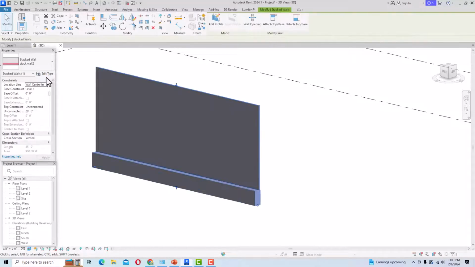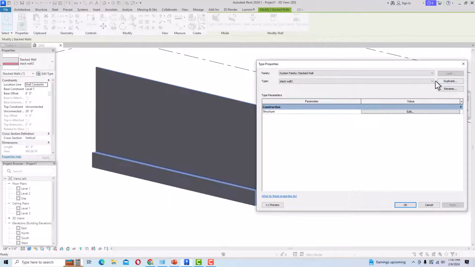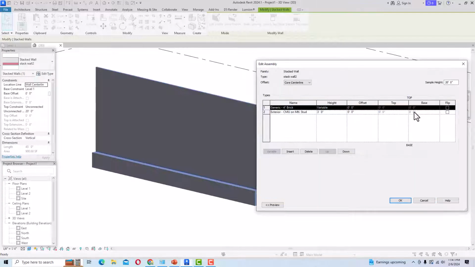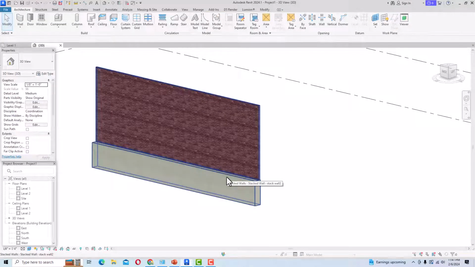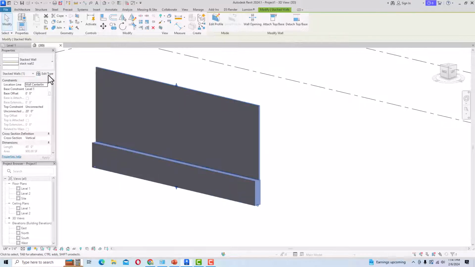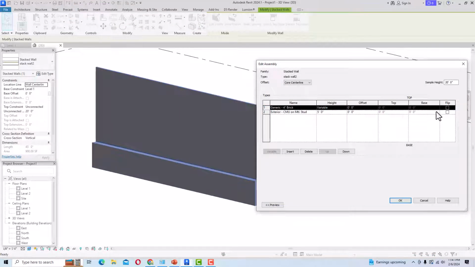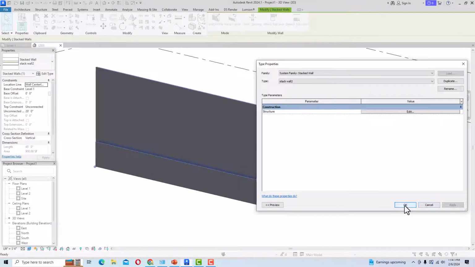So likewise you can edit this stacked wall and you can create your own. And now you can change this also. This one is 3 feet, you can make this 5 feet and click OK, apply, and this one is a 5 feet wall. So likewise you can play with these settings, and you can also flip this. You can select this flip, put an arrow here and click OK, apply,